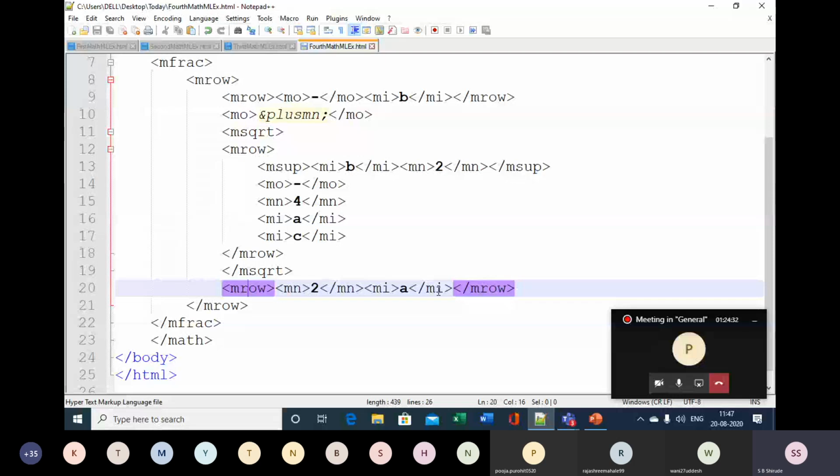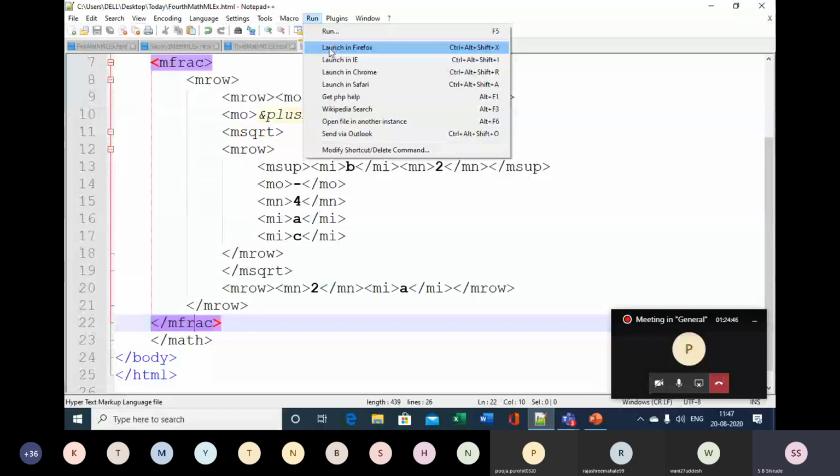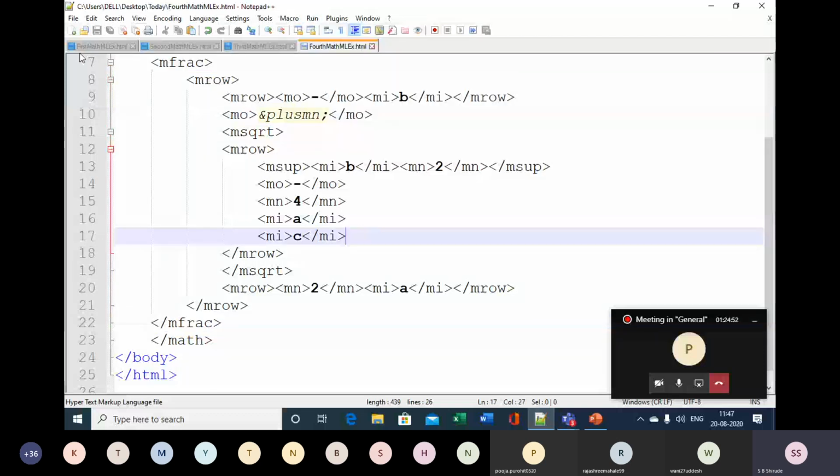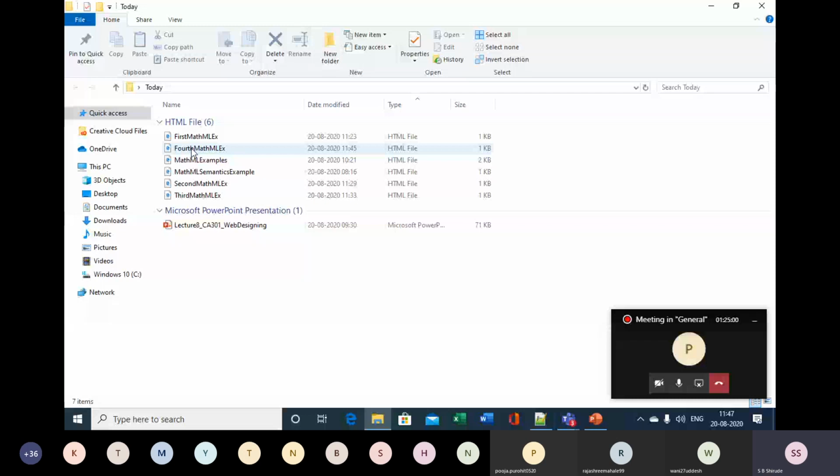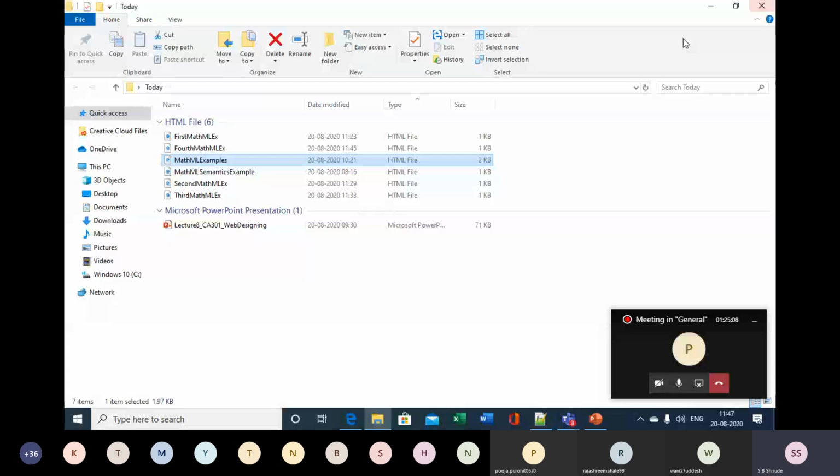Now let us check whether it is working well or not. Hope this will work well. I don't know why it is appearing as invalid. So let me show you that I already have designed that code. If it is possible, then you can check later on the mistake. So here this MathML example I can open. I can open it in Notepad++ first of all, so that you can find the code. I already have done it and have tested, but I don't know why it is giving some error.